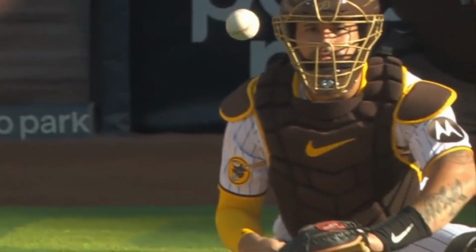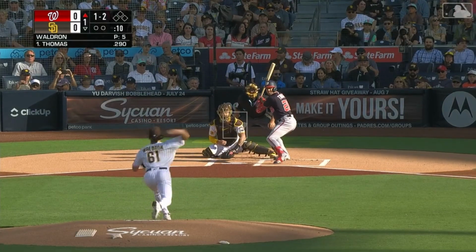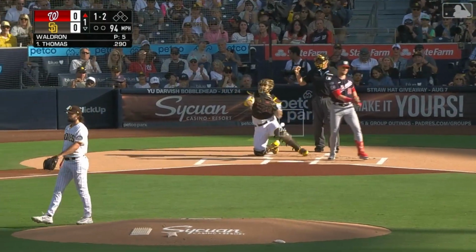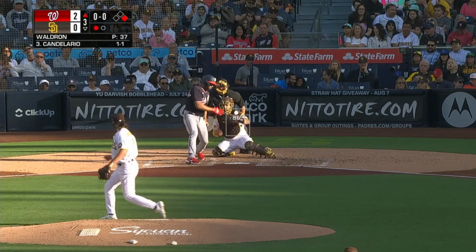Matt Waldron has arrived in the big leagues, bringing with him baseball's first knuckleball since Mickey Jannis in 2021. However, there's much more to the 26-year-old righty than this simple label. You see, he's unlike any knuckleballer we've seen before, because he doesn't feature a little get-me-over 80-mile-per-hour fastball or 65-mile-per-hour